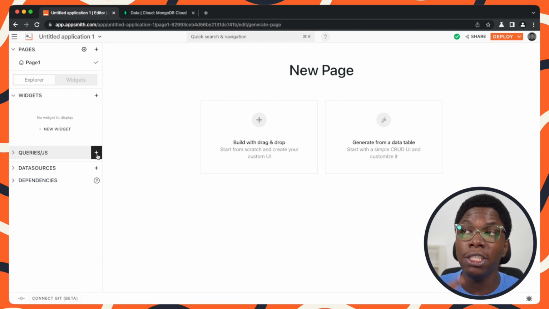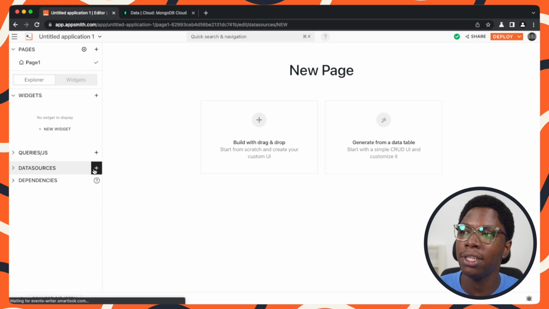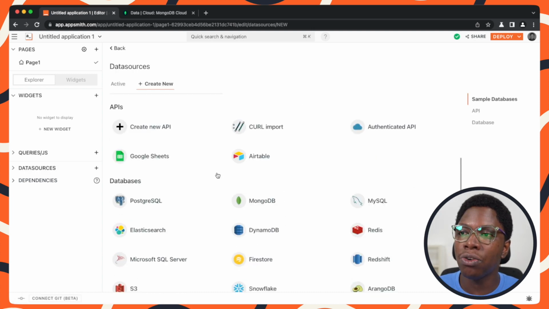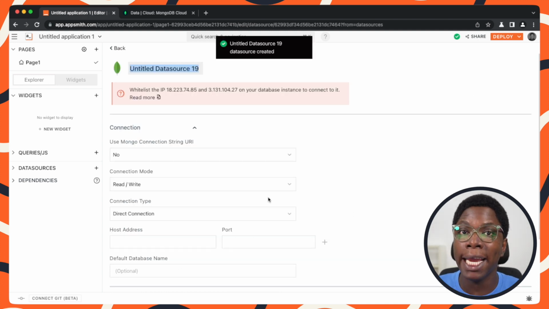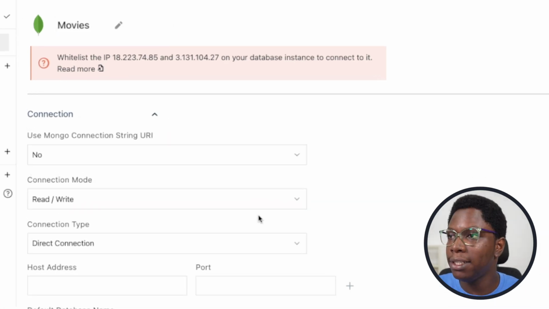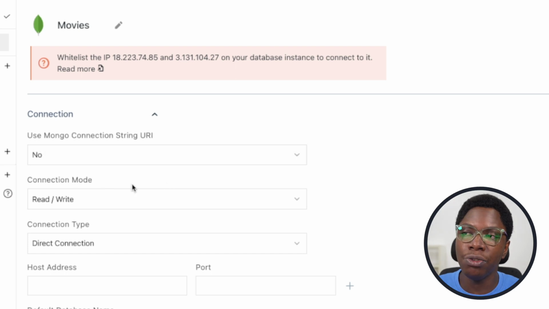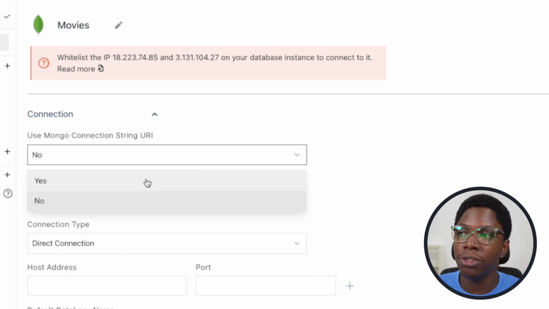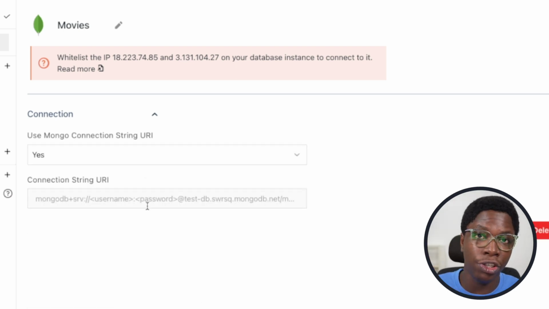So to do that, I'll need to add MongoDB as a data source. So I'm just going to go to the data source section, click on the plus button, scroll down to where it says MongoDB, and I can click on this, and then I can supply information to connect to my MongoDB database. So I'm just going to call this data source the movies data source. All right. And I can choose to fill out this form or just supply a connection string URI,